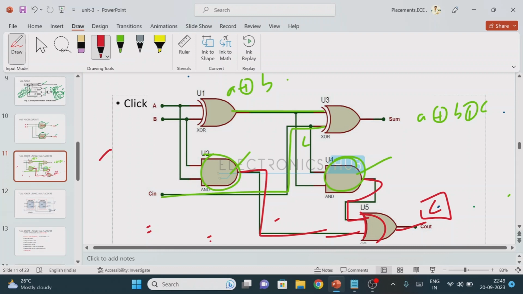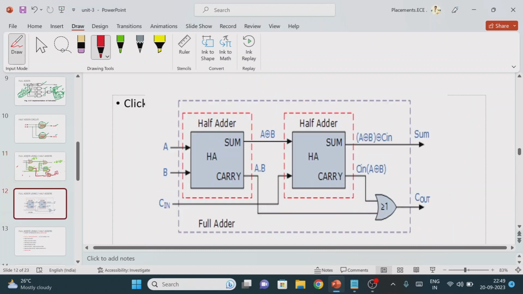If you feel that this is somewhat difficult, then there is another diagram representation also, right? Here I am just considering the block diagram, one for the half adder and another block diagram for the other half adder. How many inputs do we have? A and B. Here also the inputs will be A and B only, right? The output is one for sum, another one for carry, right? So here what are they doing? From this half adder we have one input, right? Two inputs, right? One they are considering as C, because in a full adder we require three inputs, right? The output, if we connect it here, as in the last circuit, you will get A XOR of B XOR of C. We have two carries, right?